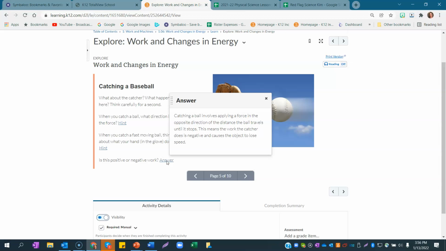So this means that the work the catcher does is negative and causes the object to lose speed. The force is coming out, it is grabbing the ball. Even though the ball has to give a little bit, it has stopped that forward motion, so that's why it's negative. The difference between positive and negative work, that is coming up. You'll see it